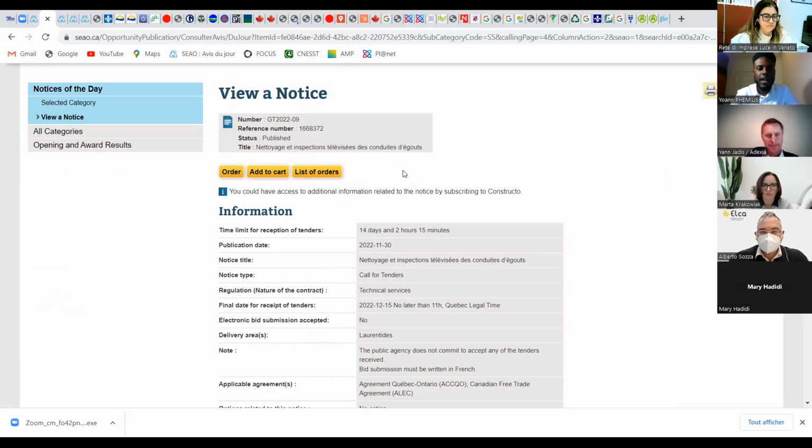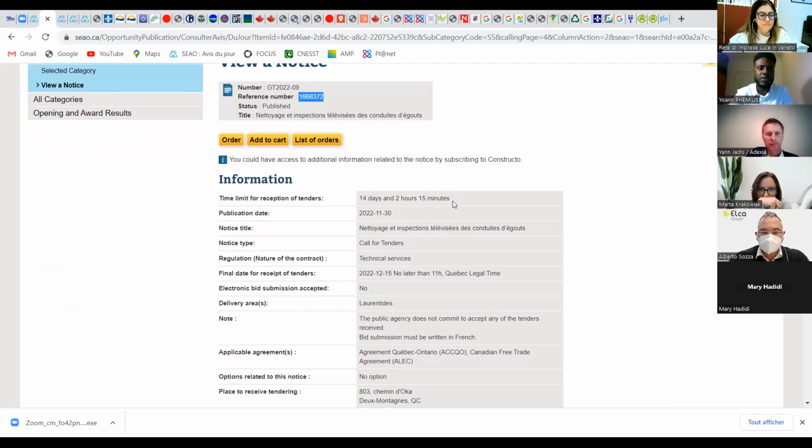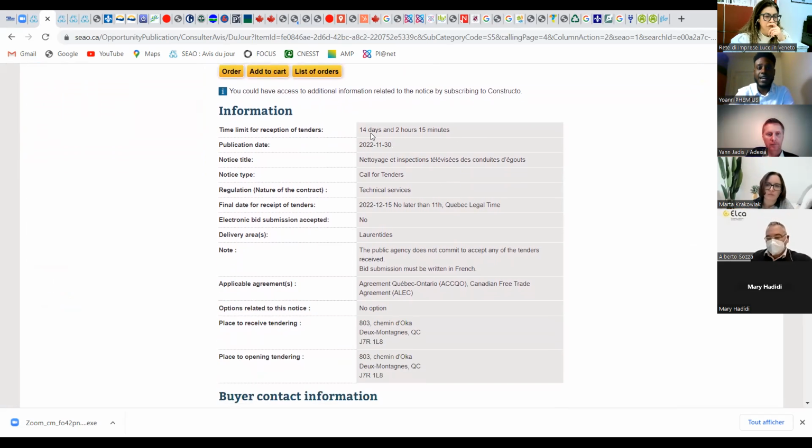And when I enter the bid, what I will have for sure is the reference. So if tomorrow I'm looking for the bid because I don't remember where I put it, I will need the reference number, the time limit. So it says, okay, I have 40 days to send my proposal. Publication day for sure. So it was published yesterday and you have 14 days. Exactly, yeah. So it's not exactly like public procurement in Europe where you have at least 30, 60 days to